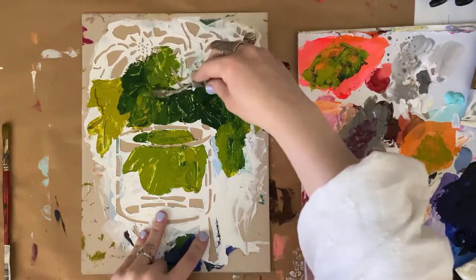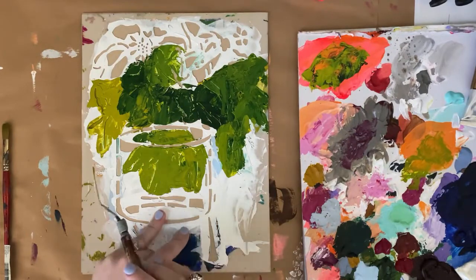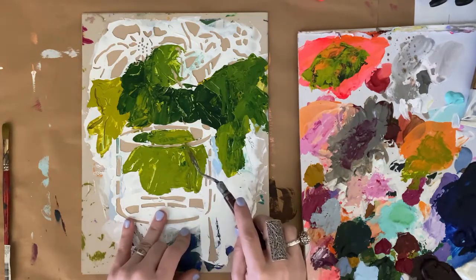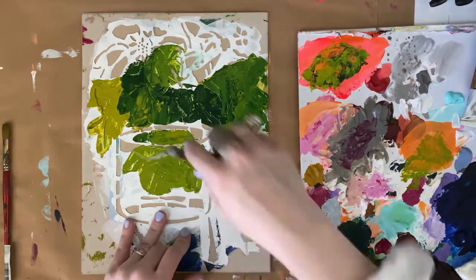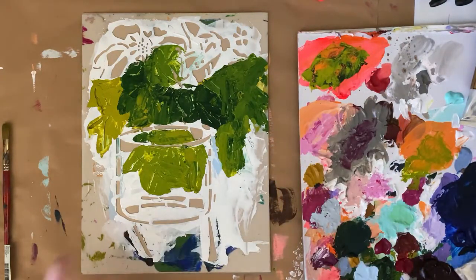And I just want to mention really fast as well that sometimes what happens is you get a little bit of mixing. So remember I said that this line across, I want that to be a lighter color because it's actually the water that is in the vase right there. So if some of the green gets into the blue, it's not like the end of the world, right? Okay, so as we continue to move on,